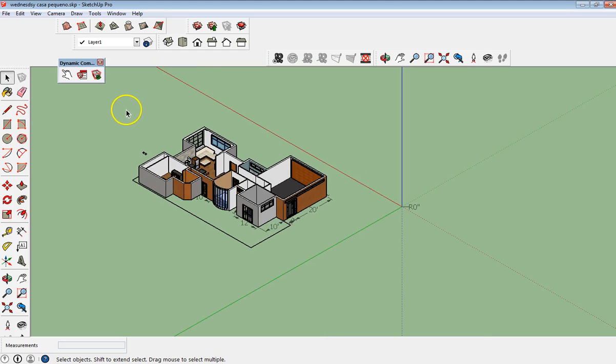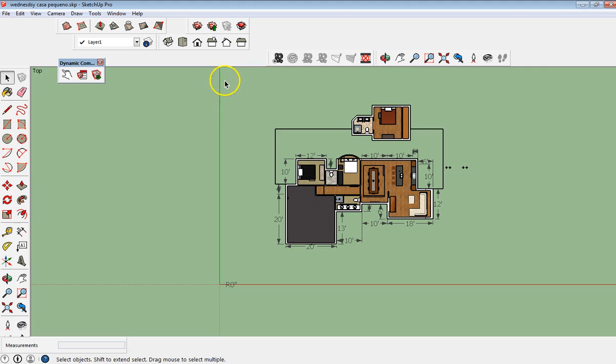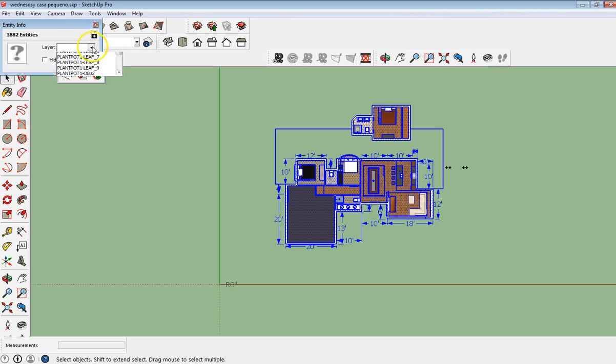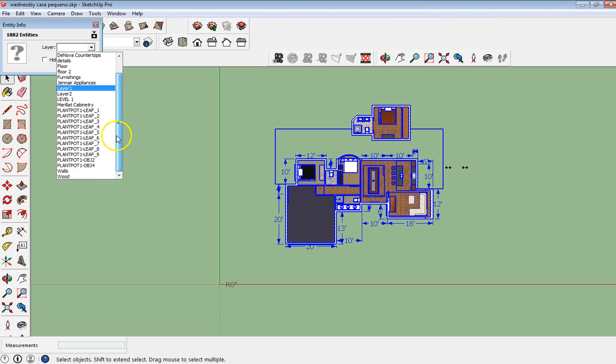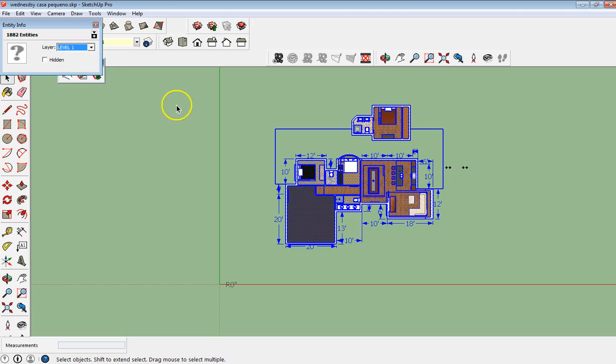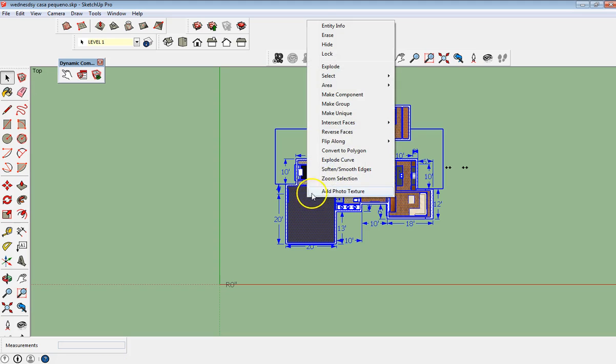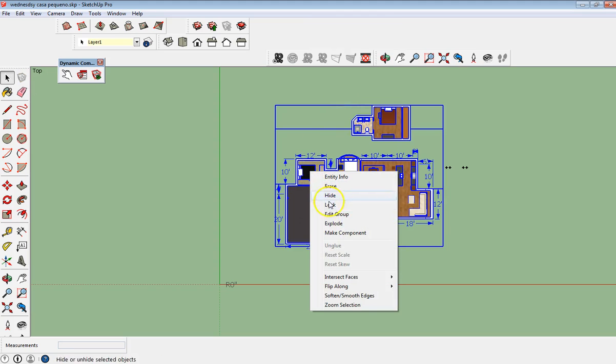Go ahead and highlight everything here. Right click, Entity Info, and make sure it's on my level 1. Okay. Then I'm also going to right click it and make it be a group. And later on you can always explode, but for right now we're going to make it a group and we're